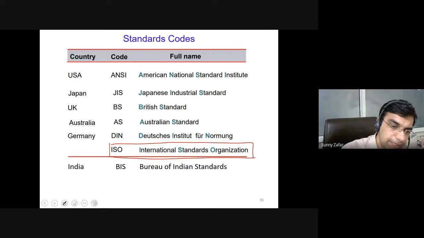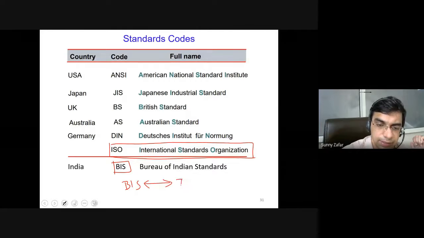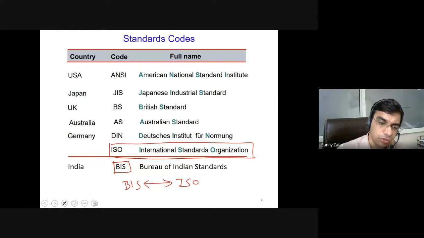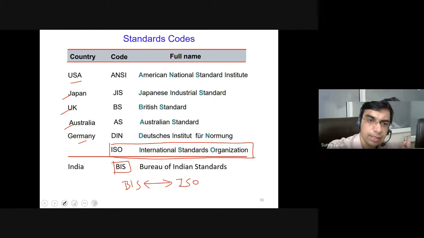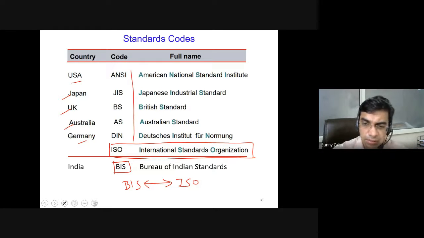And in India we use the BIS, Bureau of Indian Standards, as the standards for drawing different machine components. The BIS is in most cases aligned perfectly with the ISO standards. So in this course, we will be following the BIS and ISO standards interchangeably. Both are aligned very well, so there are no confusions. In other countries like the US, Japan, United Kingdom, Australia, and Germany, they are using their own set of standards, but these are more or less now aligned with the international standards. So there is a uniformity all across the globe.